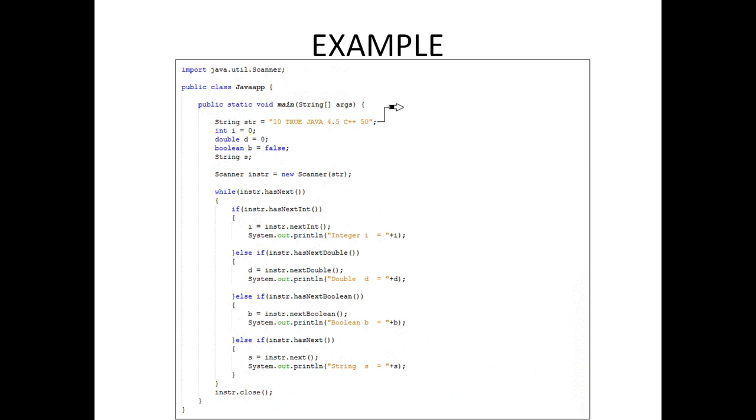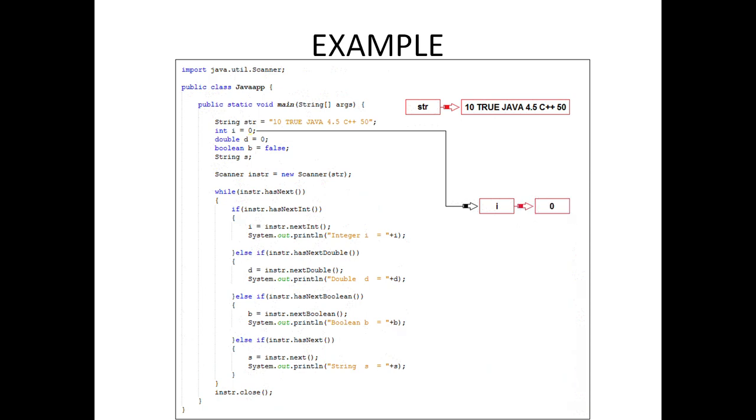This is an example for data types. Here the string is assigned with various data types and we are assigning the values to the data types according to that. I is an integer and initially it will have 0 and then it will be assigned with the given string variable. You can use any other program for this example.